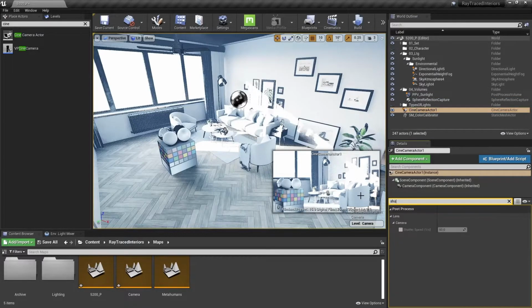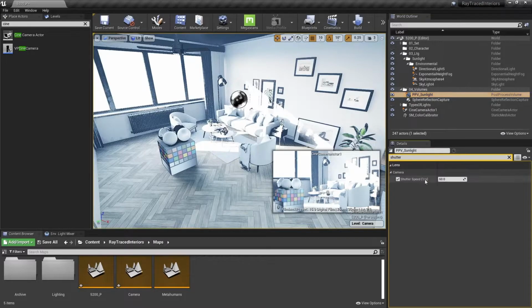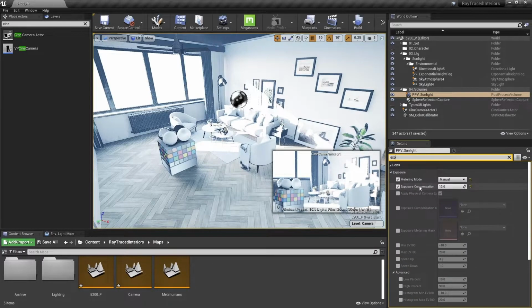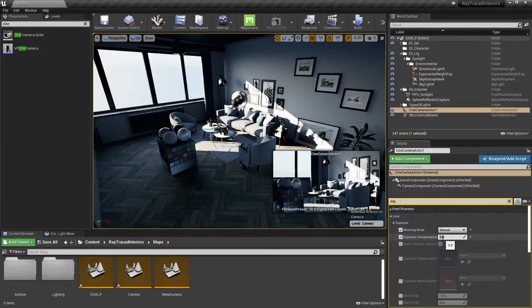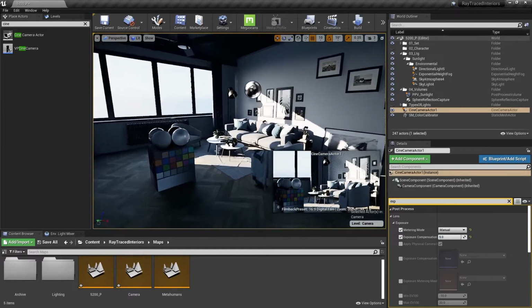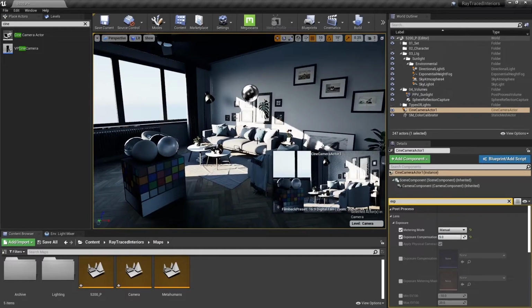All right, I can search for shutter speed finally, and we'll set that to 48. And same in the post-process. Okay, so they're in sync. We're obviously a little overexposed. So let's go back to the exposure compensation. And I'll bring this down to 9. And same with the CineCamera actor. Okay, so we're at a good point at which everything's in sync and we've got settings set for everything we